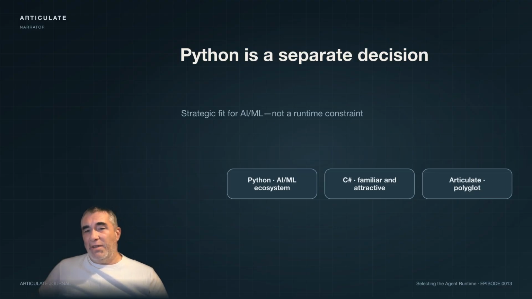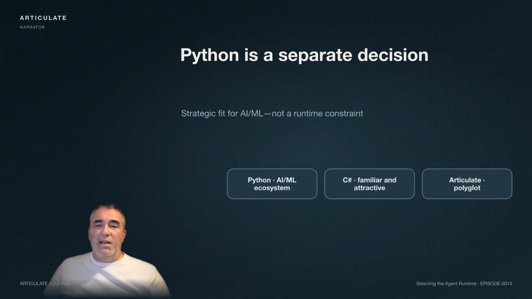Coming from a C# background, that initially makes Microsoft Agent Framework particularly attractive. But I don't think choosing Python for the AI and reasoning parts of Articulate is actually a compromise. Python has become a dominant language across machine learning and much of the wider AI ecosystem. Models, evaluation libraries, data science, tooling, agent frameworks and research implementations frequently appear in Python first. And Articulate is deliberately an AI native architecture experiment. There's value in working closer to that ecosystem rather than isolating myself from it simply because C# is more familiar.